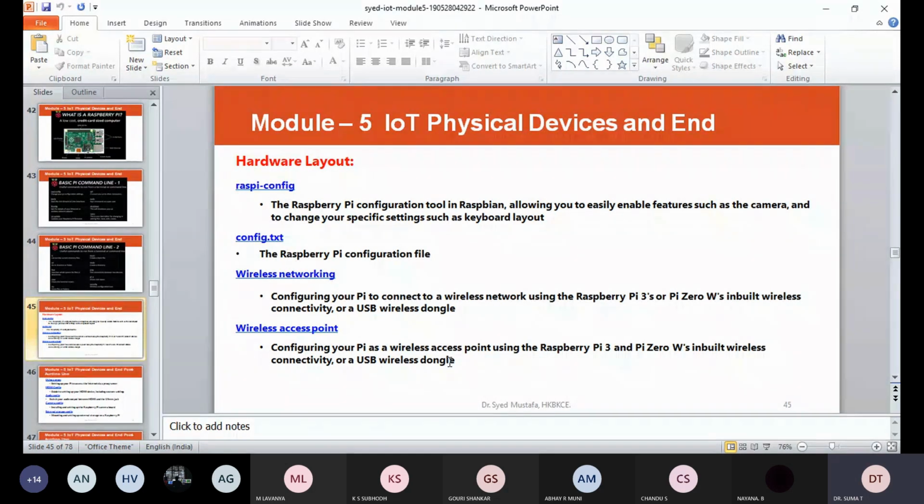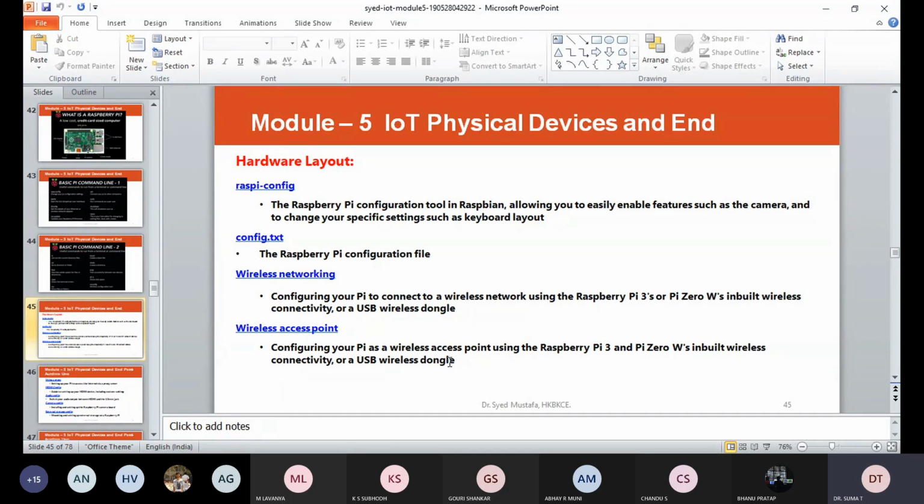Okay, that hardware layout, it will have the sum of the